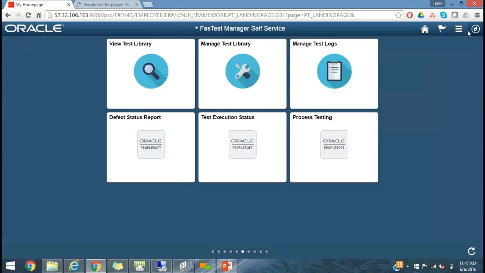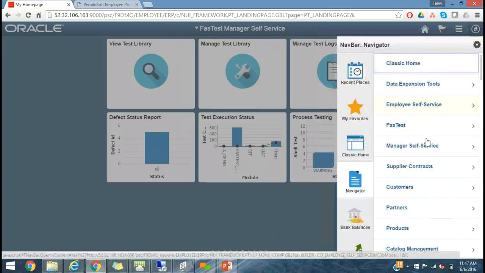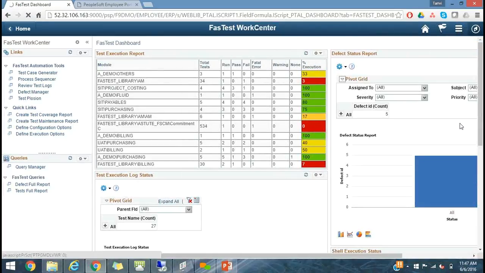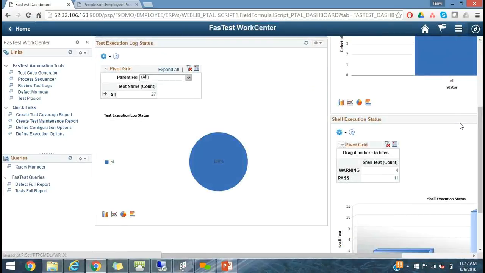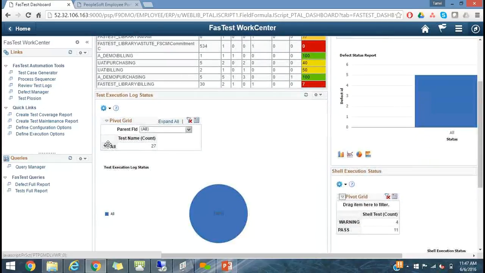And suppose you're not on 8.55, you still haven't explored the Fluid version, we have what we call the Fluid dashboard, which is for all those who are still on the classic view. The dashboard gives you similar reporting metrics to what you saw on the Fluid homepage. The test execution report will give you folder-wise information. It will tell you how many tests reside within every module, how many were run, how many passed, and what's the overall execution status. And they've been color-coded so that it draws attention to all those areas that need special attention due to several issues.